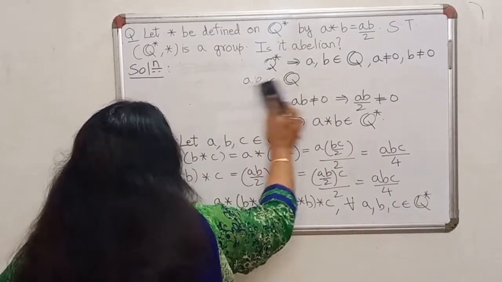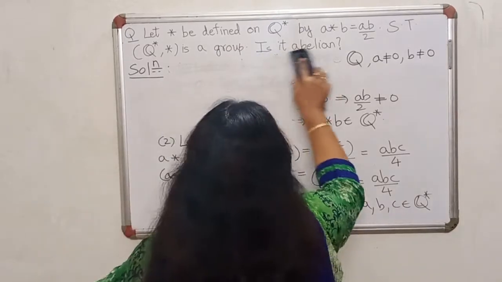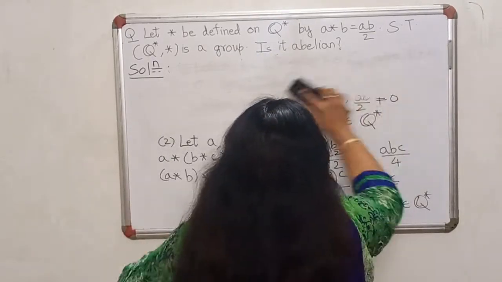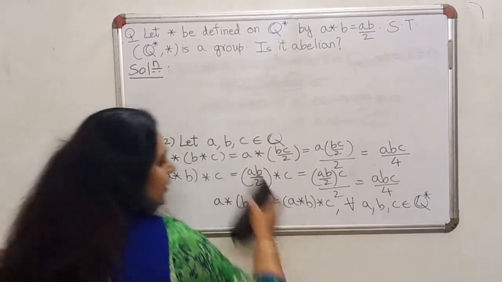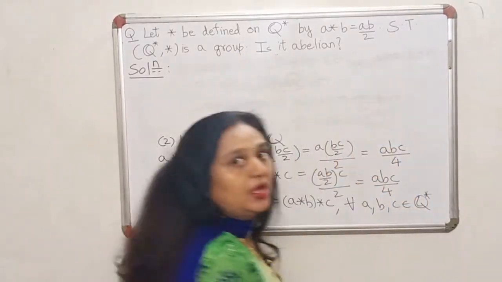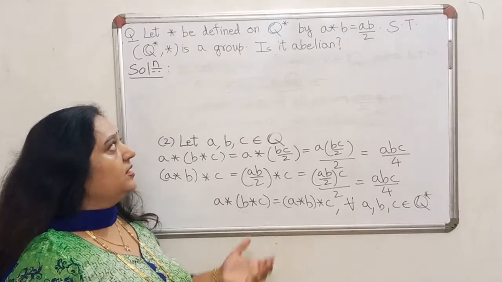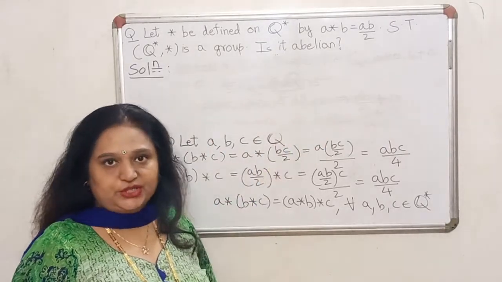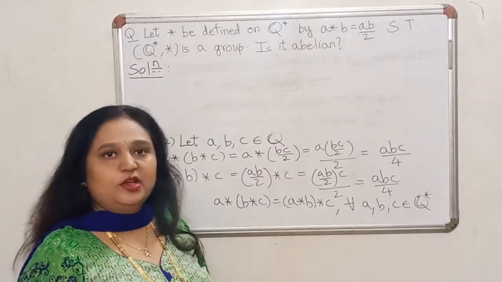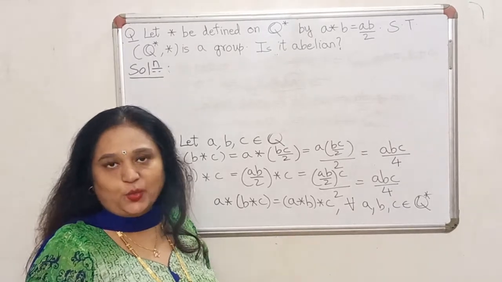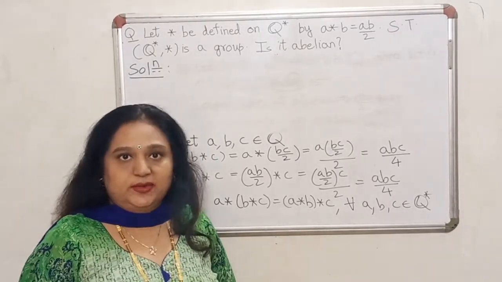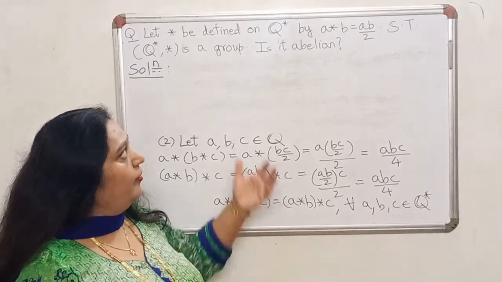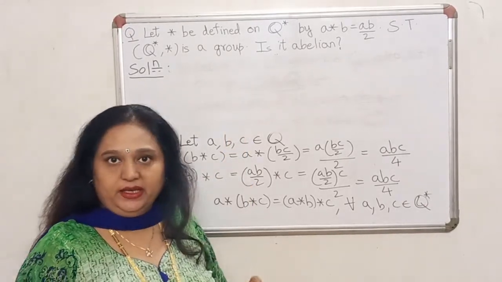So we are done with the first 2 properties. Let us now find out if there is an identity in the given set with respect to the given operation. Now, if it's not a standard operation, one way is, if you are smart enough, you can take a guess what could be the identity. But even otherwise, there is a way of doing this mechanically.